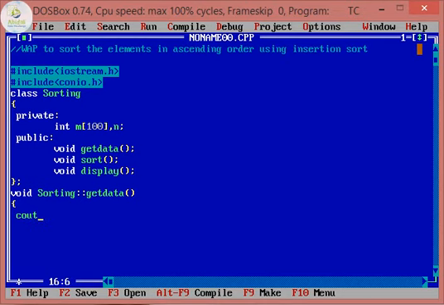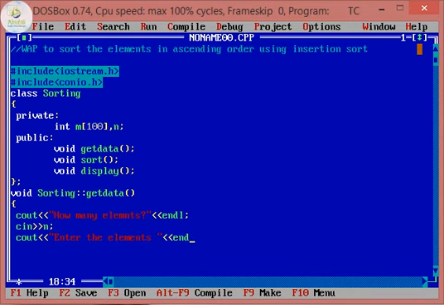First we will ask the user to enter the size of the array, that is, how many elements he wants in the array. That is nothing but the size of the array. So cin, I will take n as the size, and again I will ask the user to enter the elements of the array.